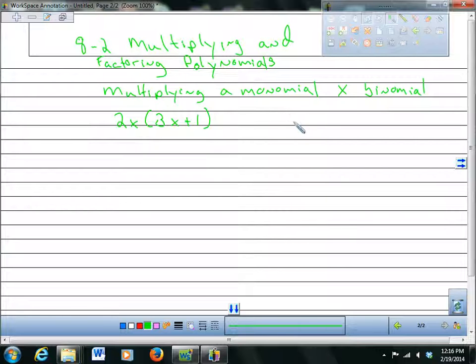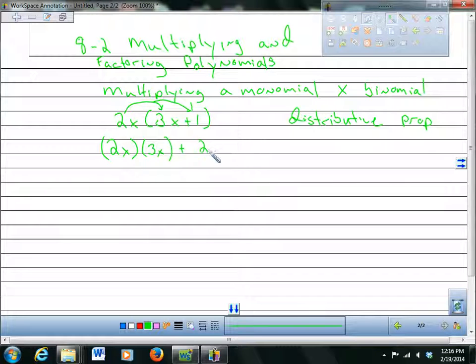And we're going to call this distributive property. You should know the distributive property. You should have learned that in junior high. But distributive property means you multiply this times this, and then you multiply this times this. Do you guys remember doing that? Yeah. Okay. So to do the distributive property, you end up multiplying 2x times 3x